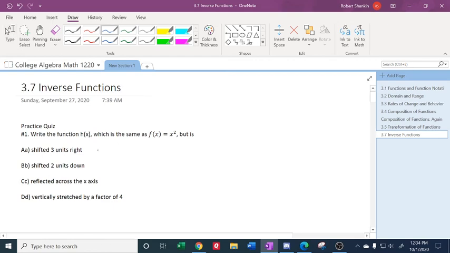Okay, so h of x shifted 3 units to the right, just like last time. I'm going to do this one first. Shifting down is easier. That takes everything, pulls it down. When you go left or right, you have to replace the x. So I think of this as f of x equals x squared. And I'm going to replace the x with